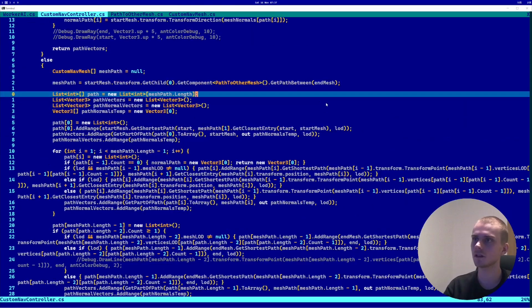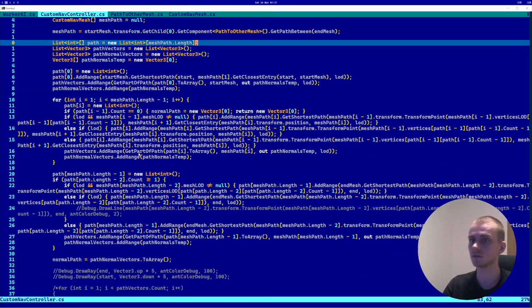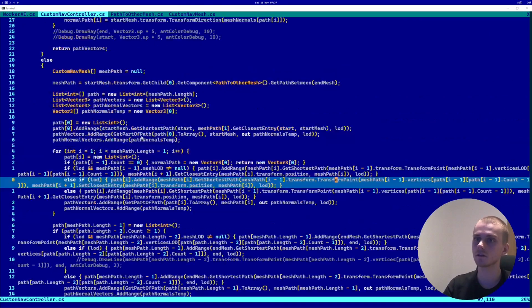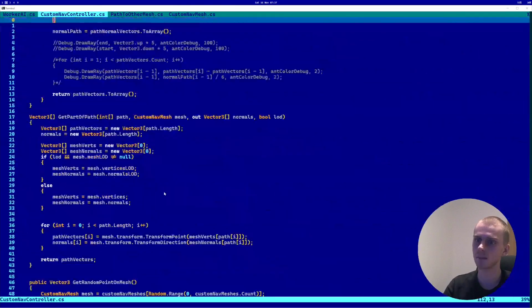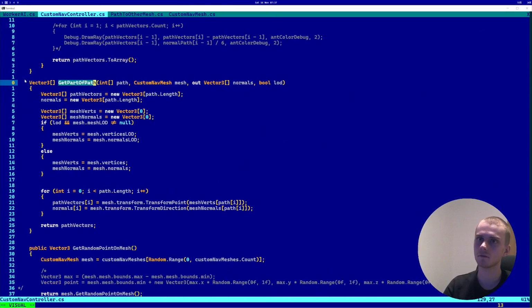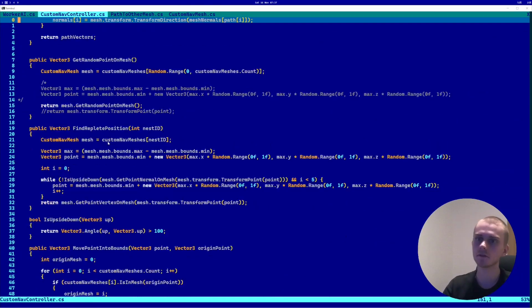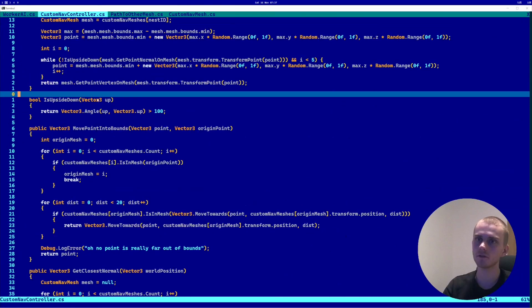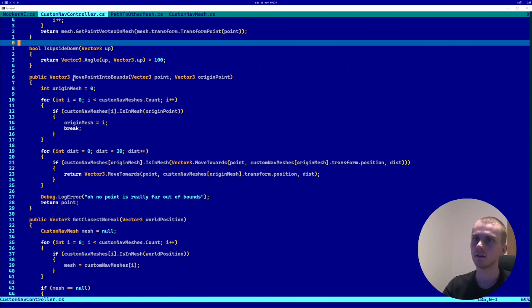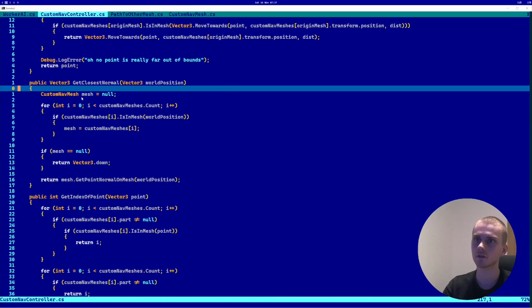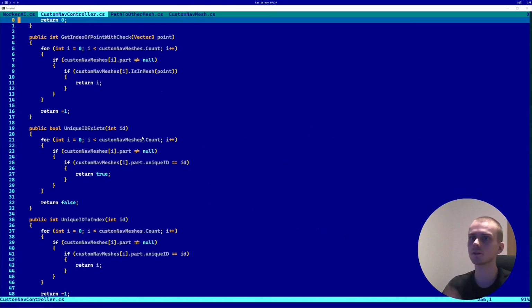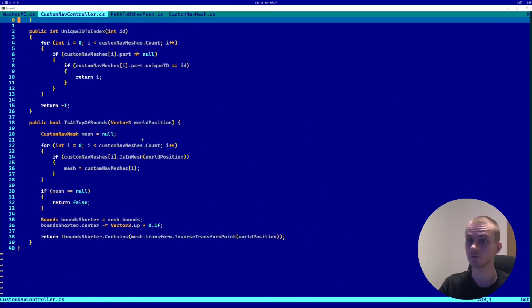So this just uses that list we get from there to do the same thing X amount of times, and then it does the same thing as it does here. So we get the actual path of vertices, of vectors, instead of the path of indices of the mesh. Then this script has a whole bunch of helper methods, like is upside down and move point as bounds, just a whole bunch of stuff to make sure that we get close to normal. Just a whole bunch of stuff we use in different parts of the game